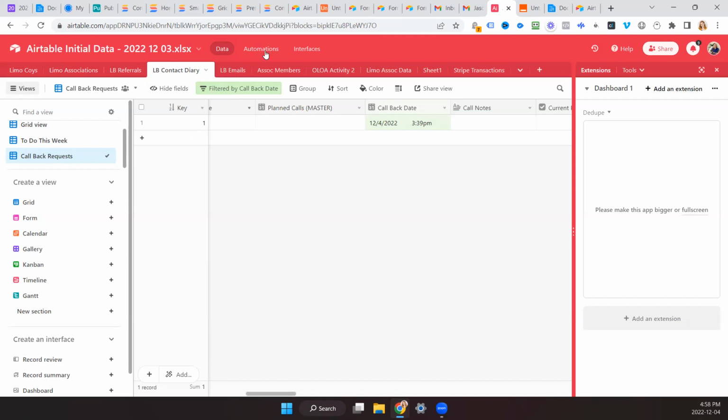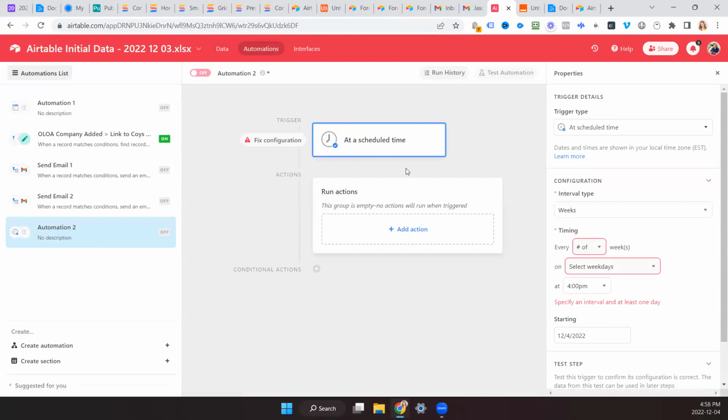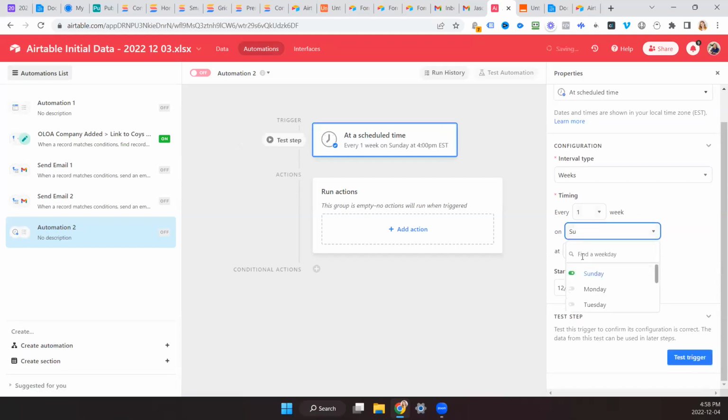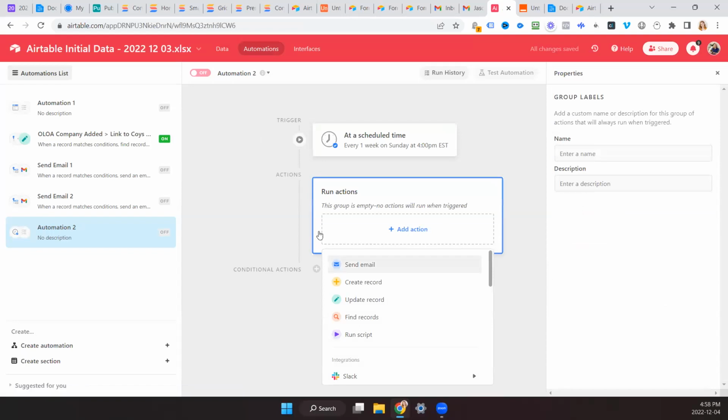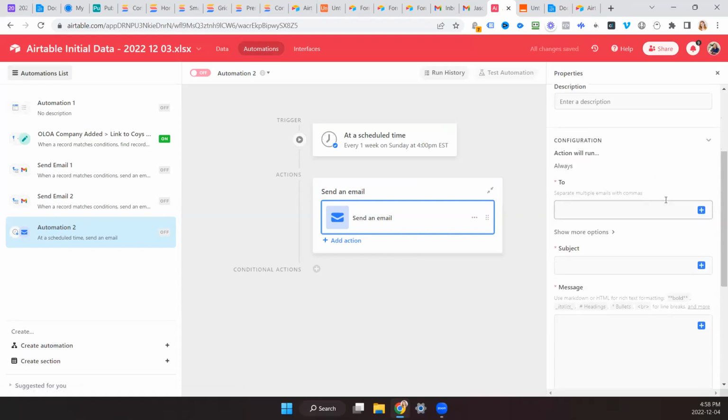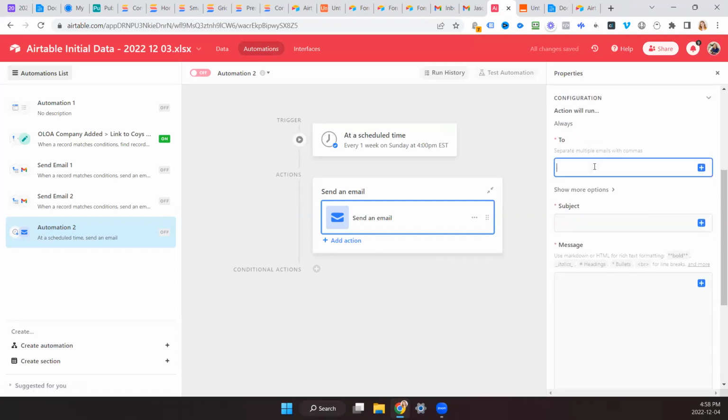So we can add more filters here. But in any case, we have this view called callback requests. And now on an interval, so just as an example, once a week on Sundays, whenever you really want to, we can have, and this is just a note to self. So I'm just going to quickly say Airtable will email you. This is where you add your email.